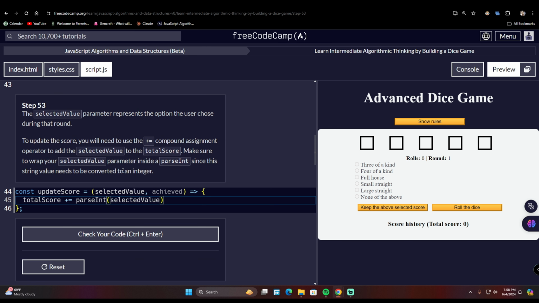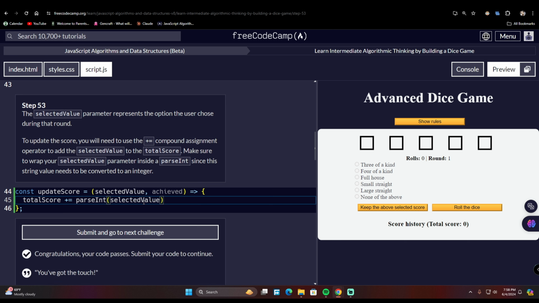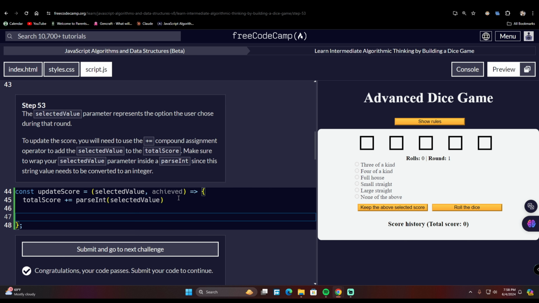okay? And inside the parseInt, since this string value needs to be converted into an integer. So again, this is a string, and we need to add a value to this total score since this is an integer. So we have to convert this string to a number value to add to this total score. So perhaps we have here parseInt